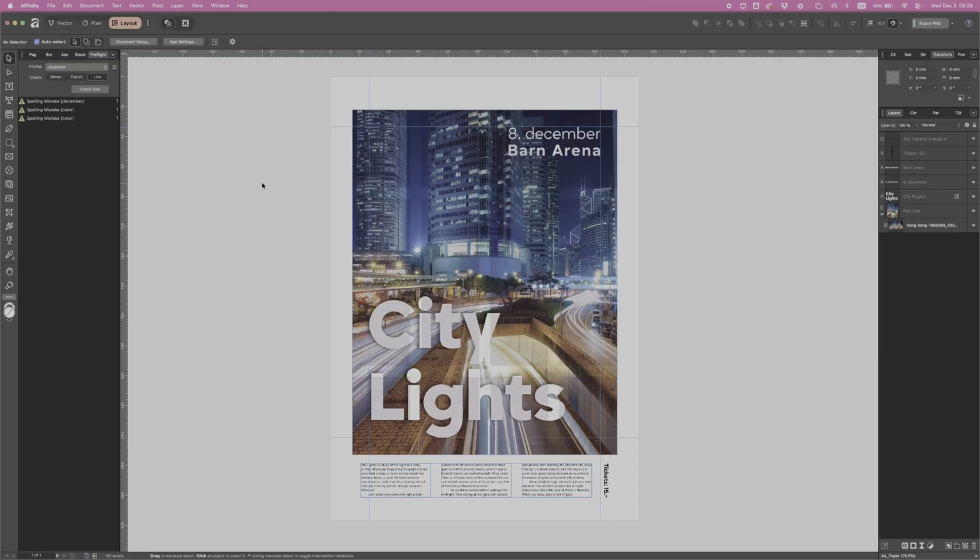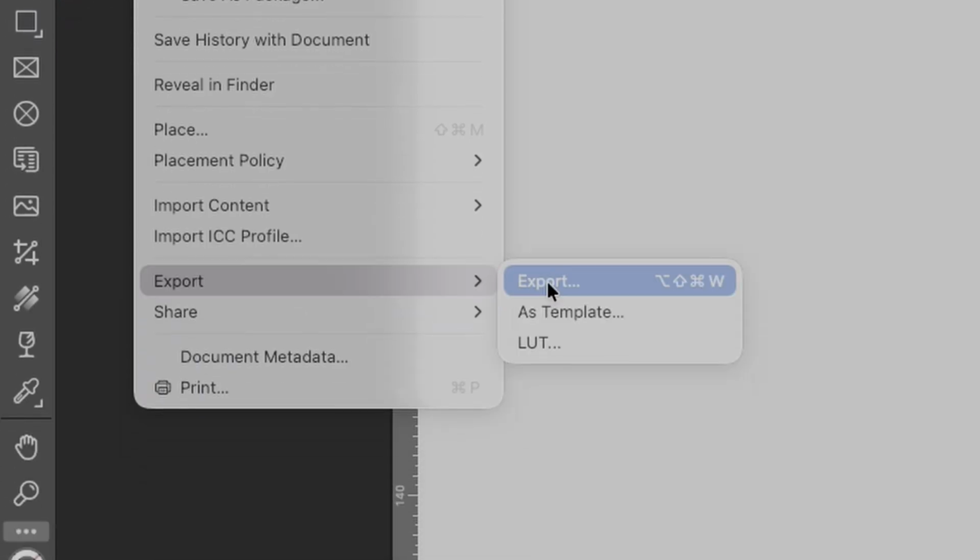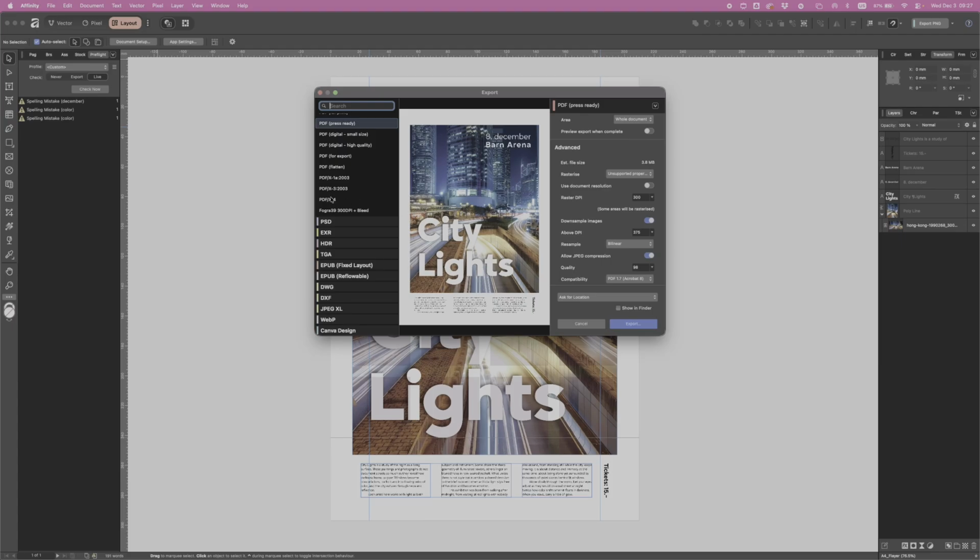Now let's look at the export settings. Go to File, Export, Export. And now you might ask, how did the export open? Because we are still having some issues here. Those yellow triangles are not so big mistakes, and those are spelling mistakes according to Affinity, but you may ignore them. But it's good to know if you have those spelling mistakes, so you can correct them. But for now, we leave them like they are.